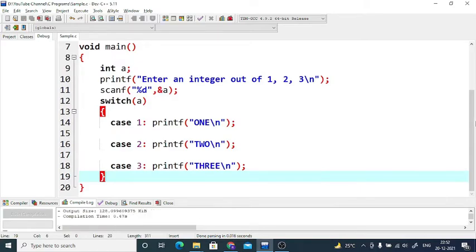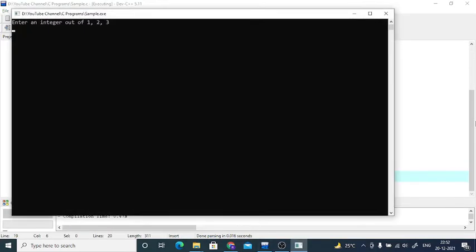So let me compile, it gets compiled properly. Now imagine if I only put 3, it's going to print 3 and I don't find any problem at all because that was anyways the last case. But try putting 2. So now 1 won't match, 2 will match, but after 2 there is no break, so it's going to also print 3 along with 2. And see, this is the evidence of your fall through concept.